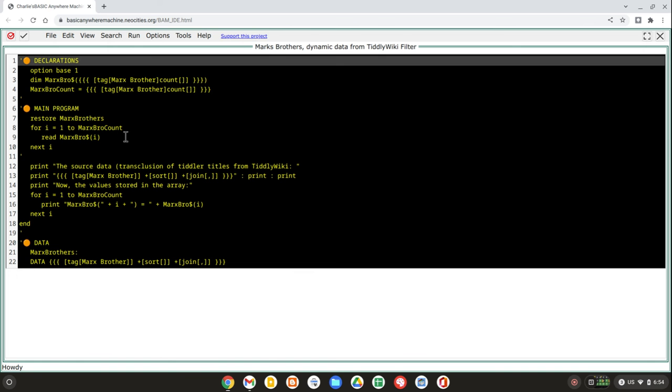Anyhow, this I find kind of cool. It all of a sudden juices up our BASIC program, so that TiddlyWiki is not only hosting the BASIC program and the interpreter, but TiddlyWiki is also hosting the data that will be fed to that program during the wikification process. Anyhow, a lot easier for me to write this stuff down than to say it,